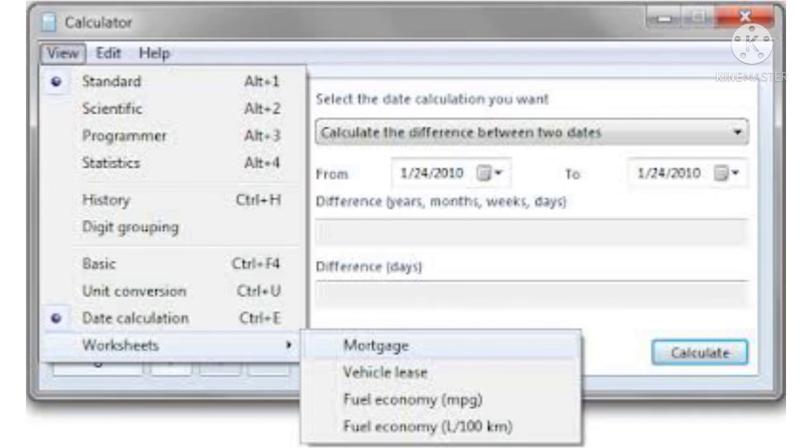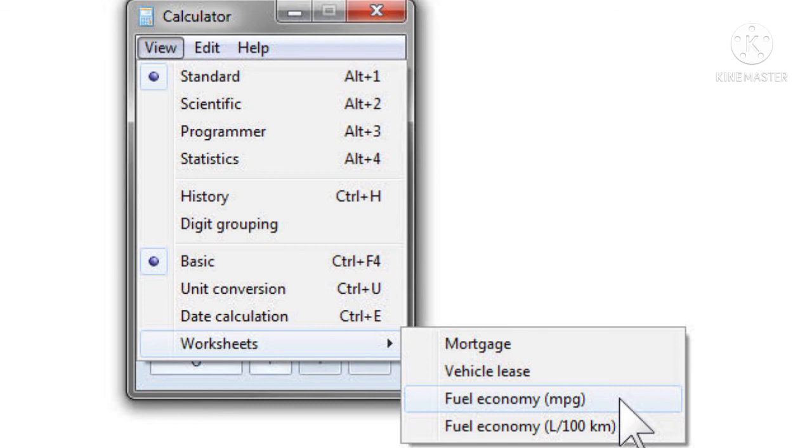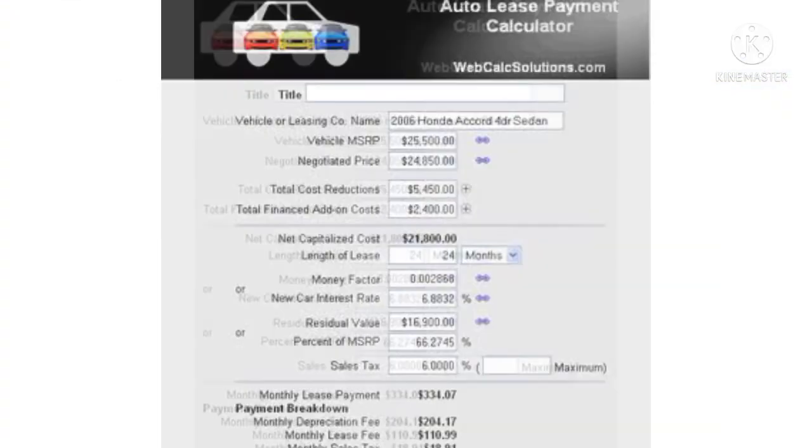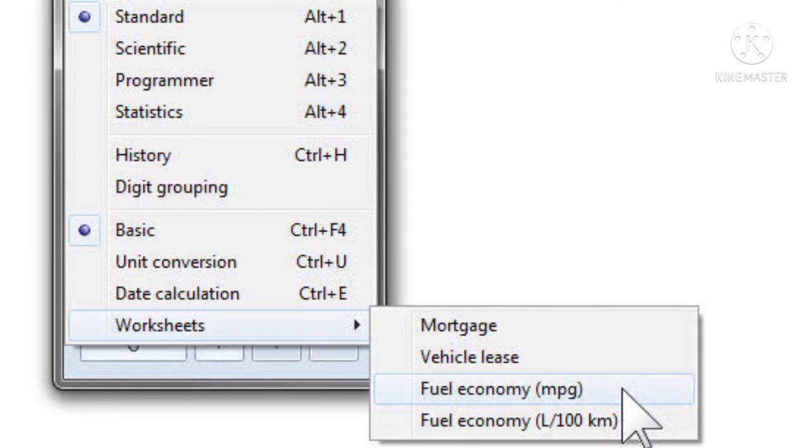Worksheets calculation for mortgage, vehicle loans and fuel economy. Number 1, click on the View menu. Number 2, then click on Worksheets as shown in the figure. Number 3, click one of the following options from the sub-menu: mortgage, vehicle loans, fuel economy (MPG), fuel economy (L per 100 km).